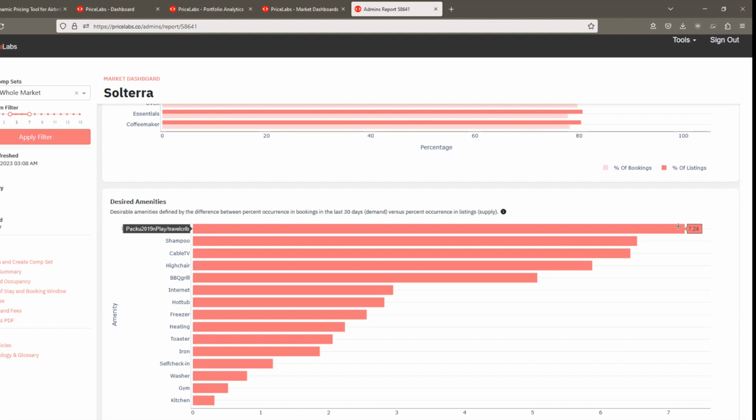Yeah, right. Now that I see it, it makes sense. People are coming here for Disney. They probably have a younger sibling. Sometimes mundane stuff shows up like shampoo and cable TV, which is essentially because the good properties tend to list a lot of amenities on their property, and so it turns out people tend to book shampoo as well. But high chair, barbecue grill, hot tub, generally speaking, it gives you a sense of